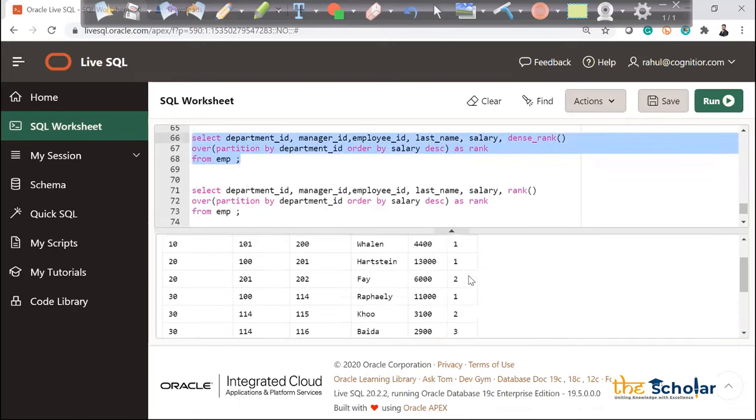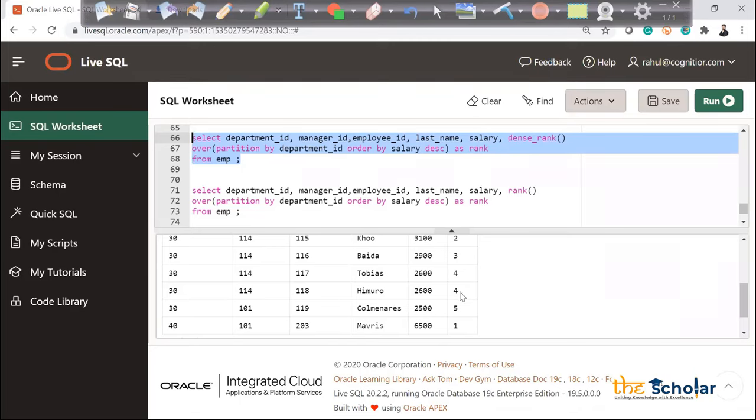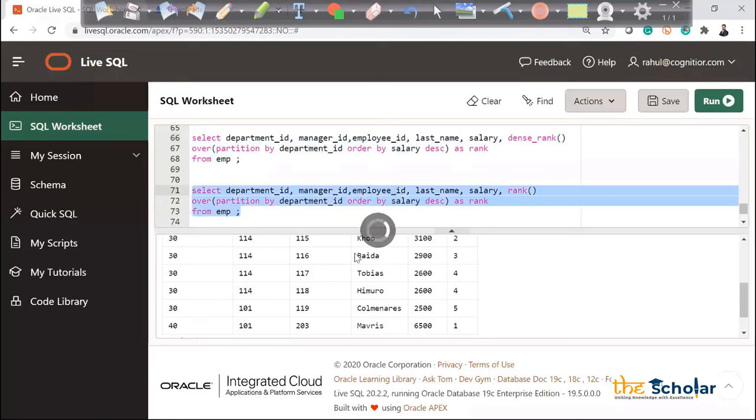What is the rank are you getting? For Tobias 4, for Himuro 4, for Karen 5. 4, 4, 5. Let me apply rank for the same table. Now what we are getting rank as 4, 4, 6.